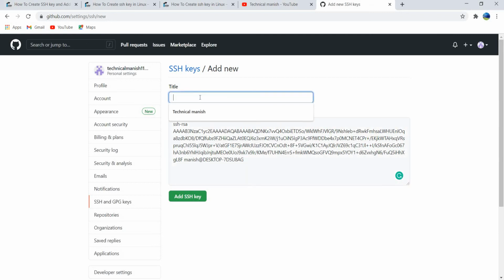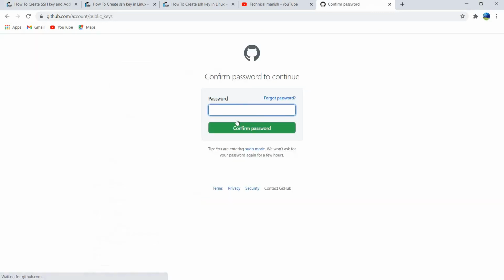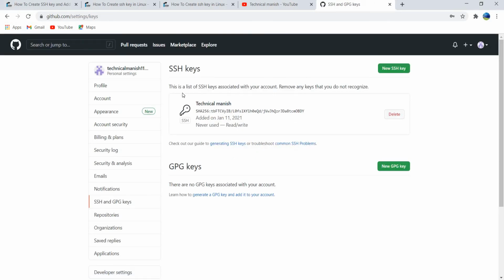I can give any title to this, so I will give Technical Manish and click on the Add SSH key button. It is asking for my password, so let me give my GitHub account password. So guys, we have successfully added our local SSH key into the GitHub server.